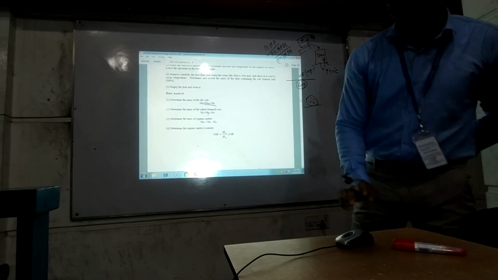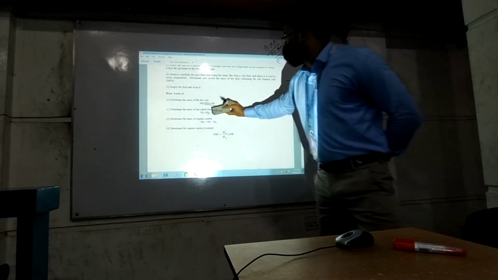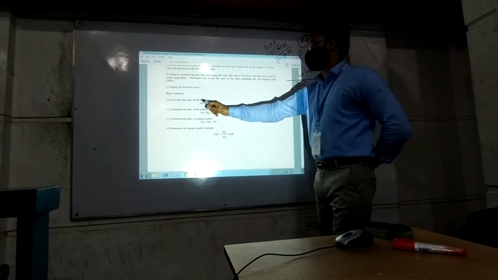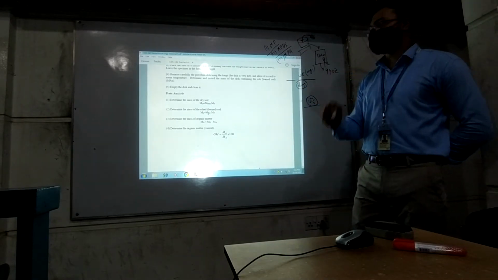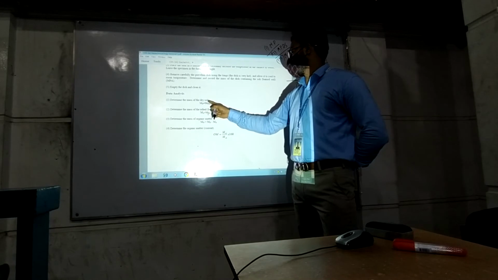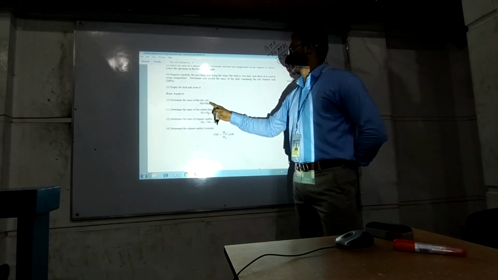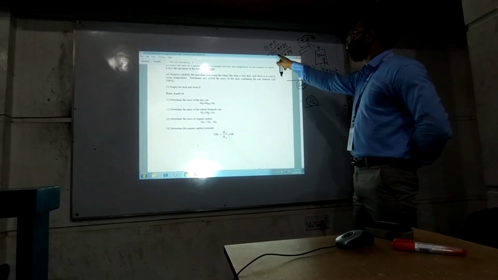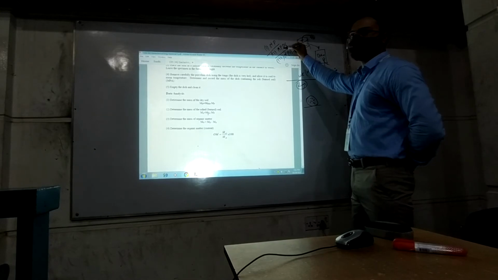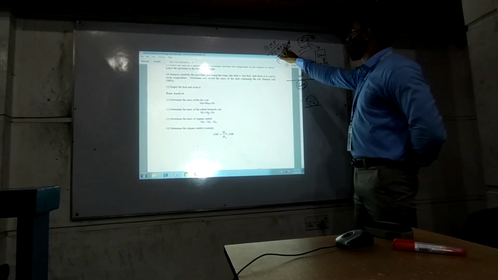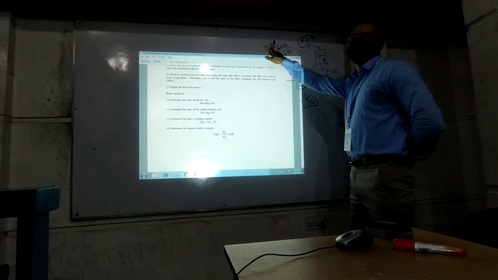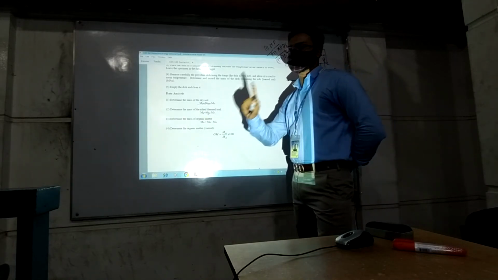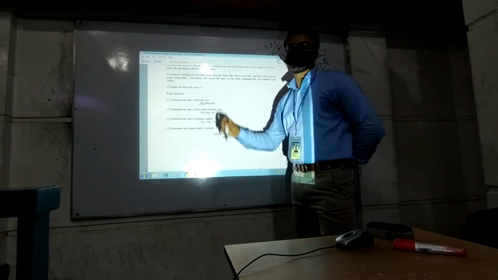How will we analyze it? First, we have to determine the mass of dry soil. How will we find it? By subtracting MP from MPDS. MPDS is the mass of dish plus dry soil, minus only the empty dish, MP. So what do we find? The mass of the dry soil, MD.